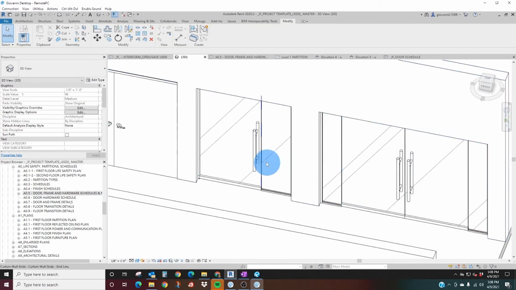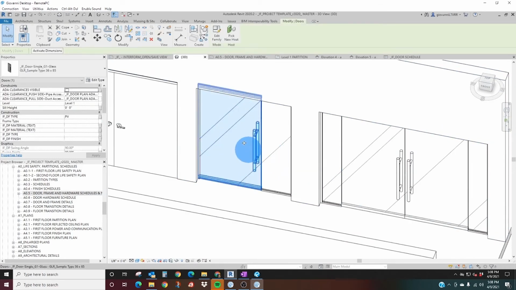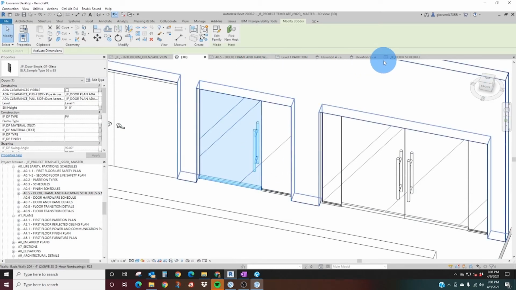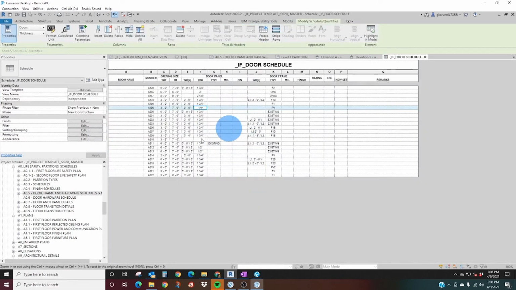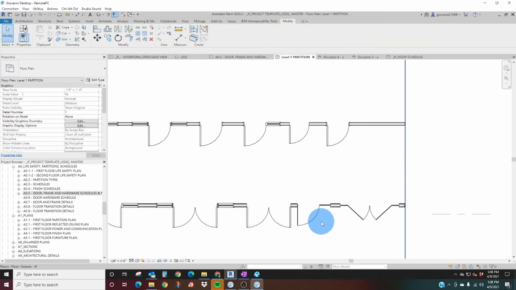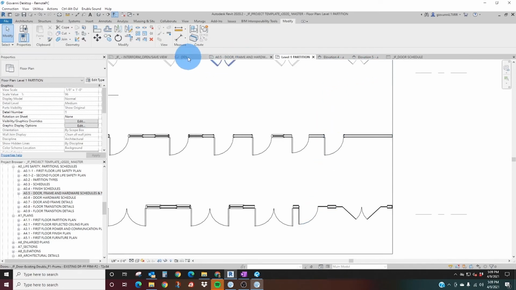And then last but not least, just want to talk about our curtain wall type doors. So in our standard template, we try to not use the curtain wall door types when we don't need to. The reason for that is because when the curtain panel is driven by our grid lines for the curtain wall type, the door schedule ends up with a lot of these sort of weird dimensions here. You might have 3'2" and some change, some additional dimensions there, and we end up having to go through the model and adjust those accordingly. So what we usually do is, if I go back to my 3D view,